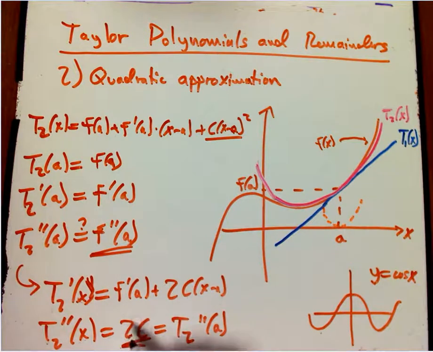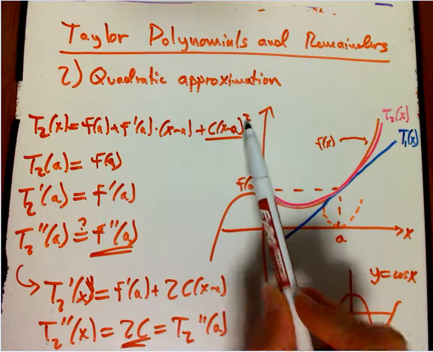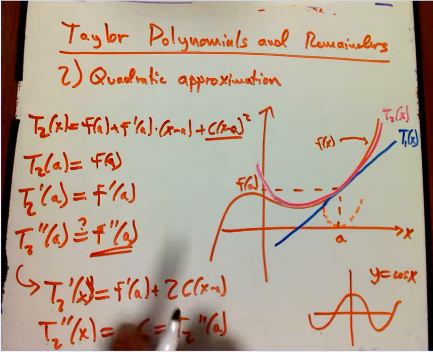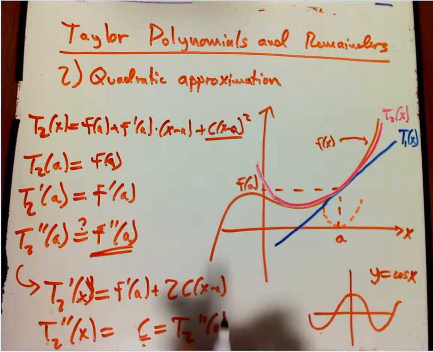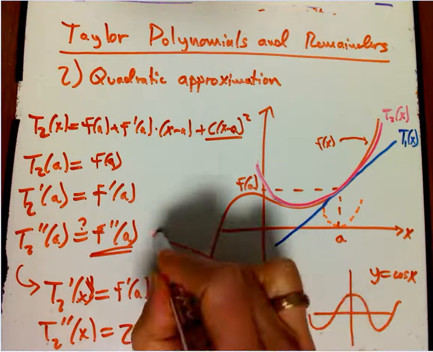That's really something that's very important. So we're going to see a 1/2 coming in a second. It's going to be forever in this context from now, and it's simply because the derivative of a quadratic, when you take that derivative the first time, you get a 2 coming down. So, in other words, c has to be, yeah, so I'm going to equate it to this guy, f double prime,